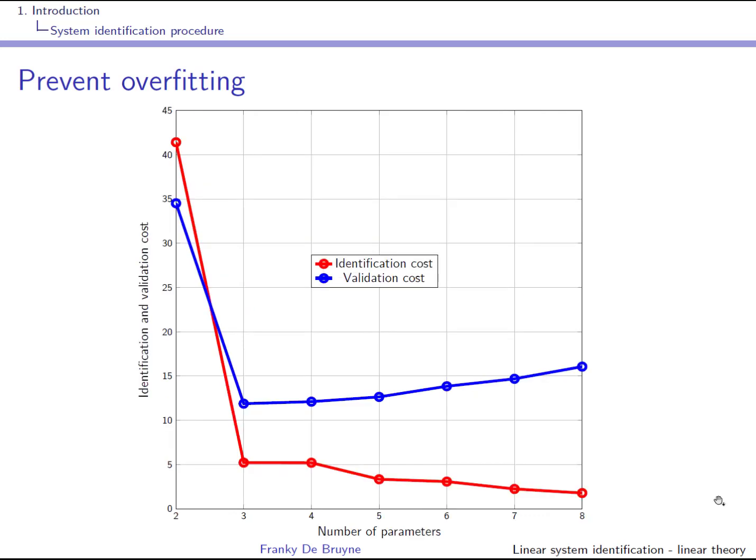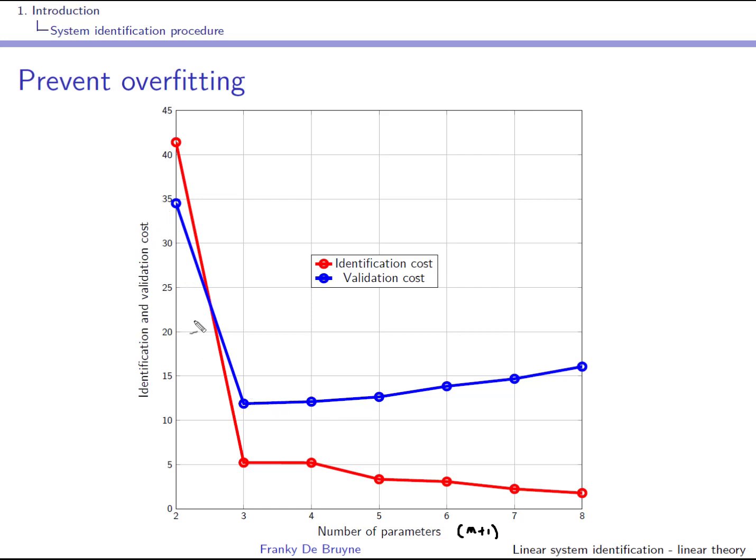So what you see here in red is the optimal identification cost as a function of the number of parameters. The number of parameters is actually n, which is the order of the polynomial plus 1. A second order polynomial will have 3 parameters. And in blue you see the validation cost as explained in the previous slide. As you can see, as the number of parameters increases, this optimal identification cost continues to go down, whereas the